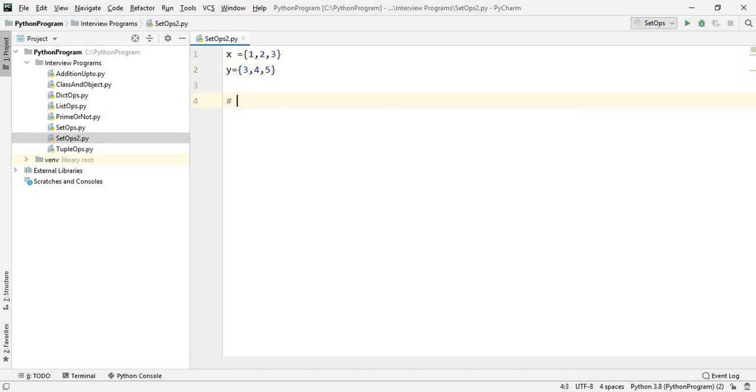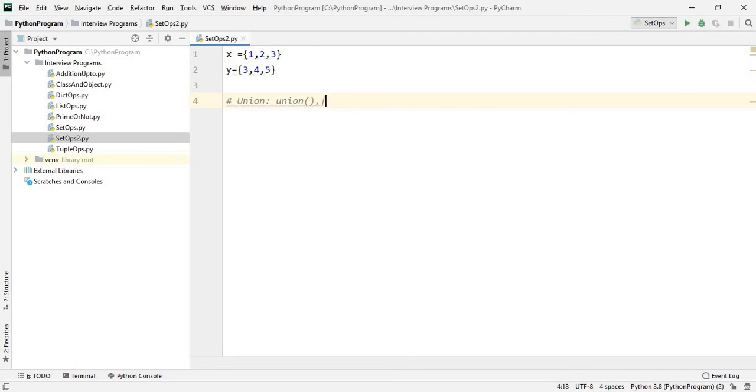The first operation is union. As we have discussed, union is performed in two ways. The first one is the union function, and for the other we can use the bitwise OR operator.